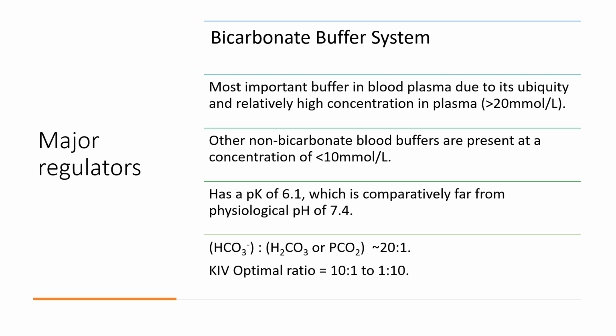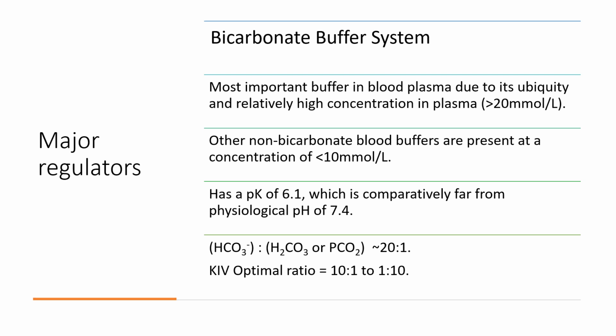Although the bicarbonate buffer system has a pKa of 6.1, which is comparably far from the physiological pH of 7.4, that's the pH of blood, that can be a disadvantage because 6.1 is very far from 7.4 compared to other buffers that have 7.2. But the fact that the bicarbonate buffer system has a very large concentration and is present in almost every part of the body,